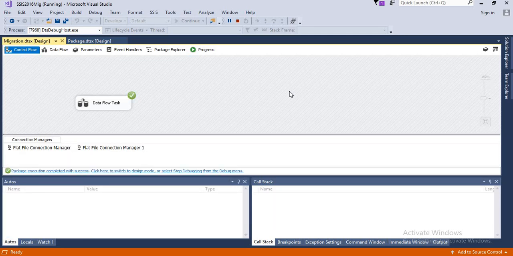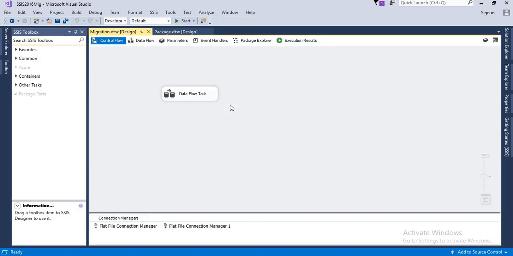But in the previous video, I did the same version. Server 1 has the same version, server 2 has the same version. So in that scenario, that is the best way of doing it. But when you are doing a version upgradation, this is how you need to do it. Compulsorily, let's upgrade each and every package and deploy again in the new instance. Now my package is ready, which is running successfully.